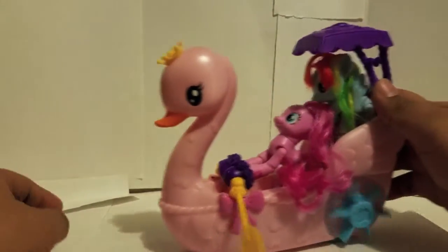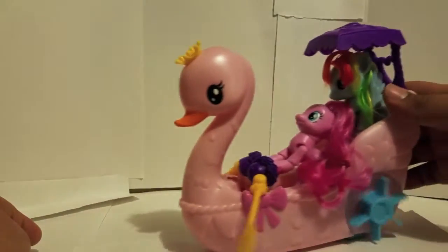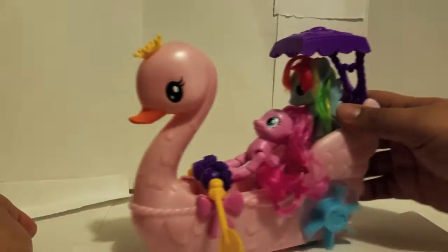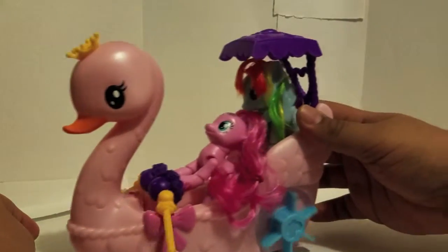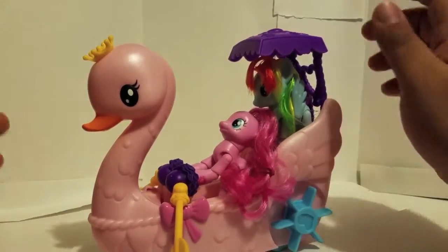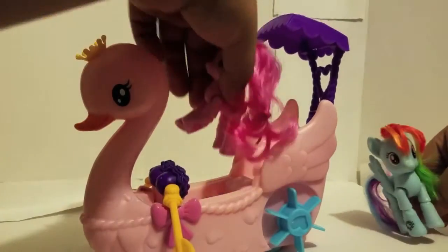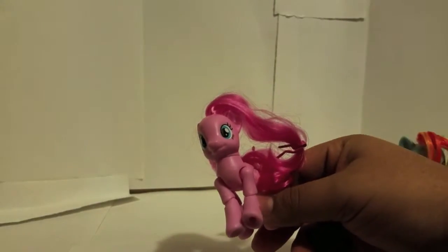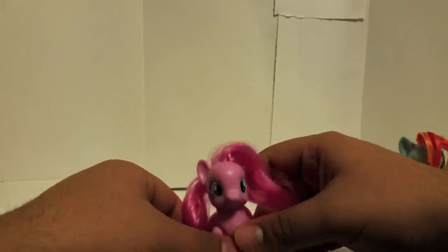I think as long as you keep moving the car, the Swan boat, it'll keep making the music go on. Let me actually test that theory out. No, actually, it's not looped perfectly. So, just take her out. Take her out too. And that's all for the boat part. I really didn't care about the boat. I just wanted her for the sake of having Pinkie Pie in...